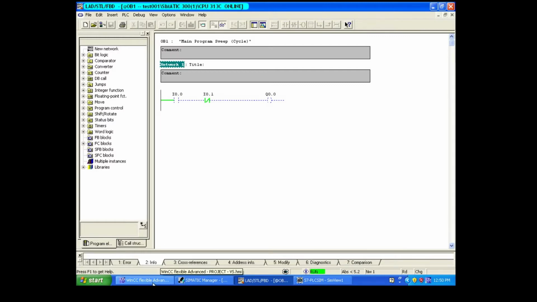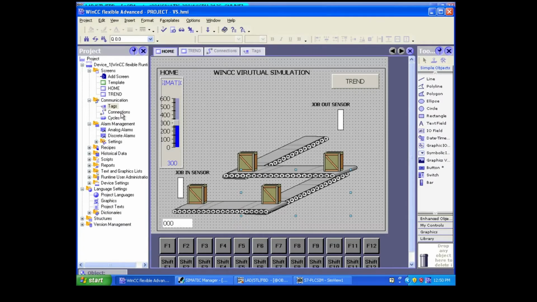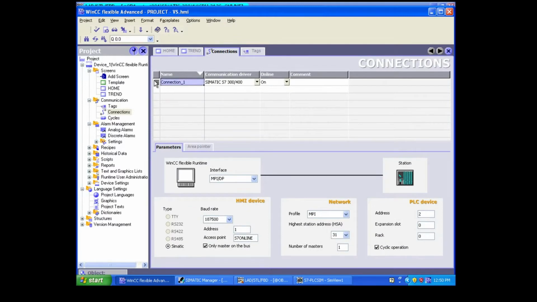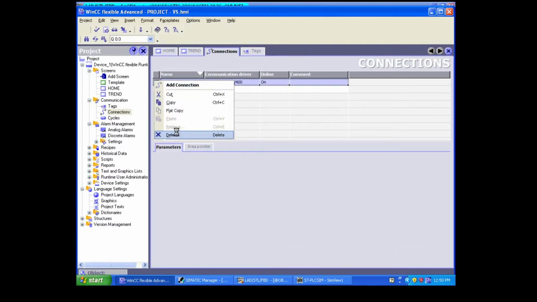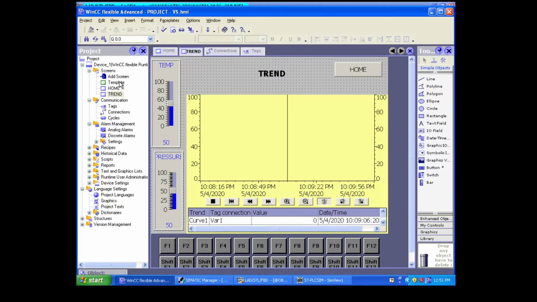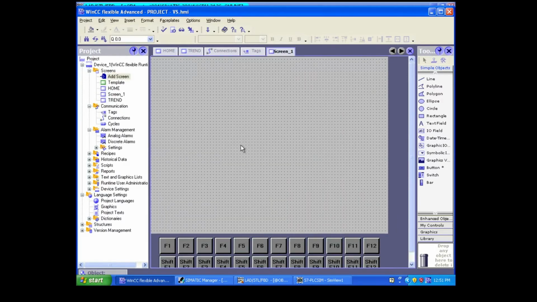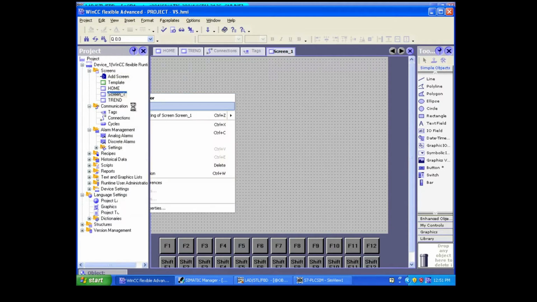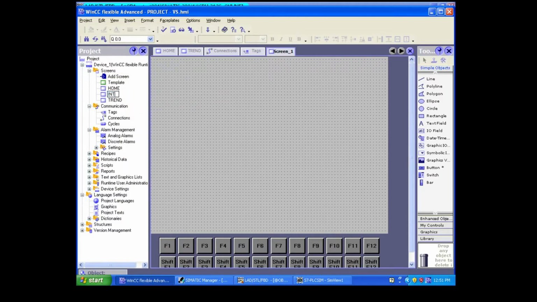You can write any program like this. For our reference, I have written one small program. Now what I'm going to do is, both of my screens are already filled, so I'm going to add one more new screen. This is my new screen and I'm going to rename this as interfacing.